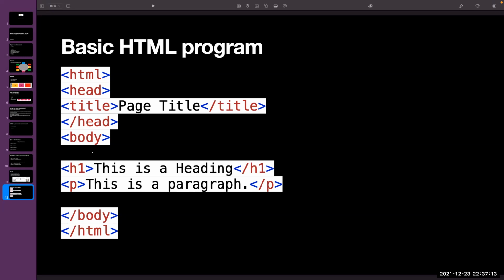So you people understood the basic HTML code? Are you able to understand the basic HTML code here, guys? Yes, sir. And sir, what is HTML5? Somebody asked me a question: what is HTML5?